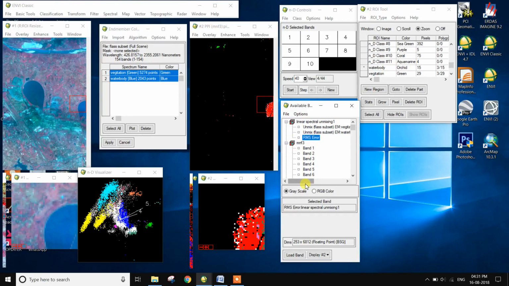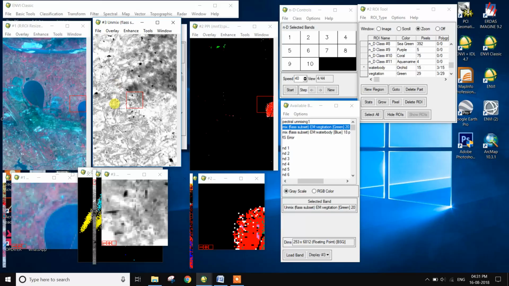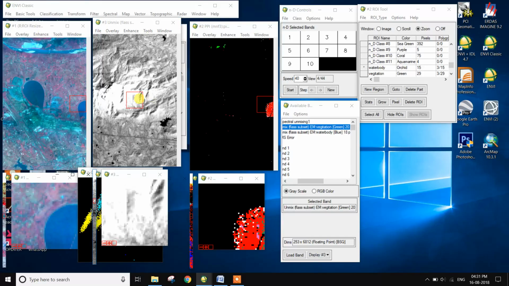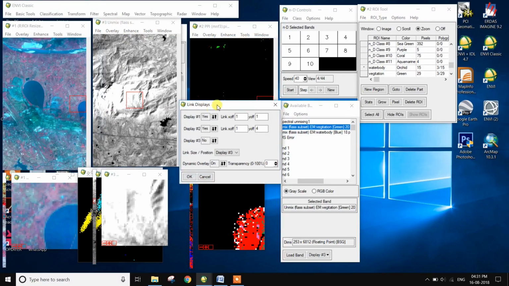So at first the vegetation: display, new display and load data. There are the classification of the unmixing class.